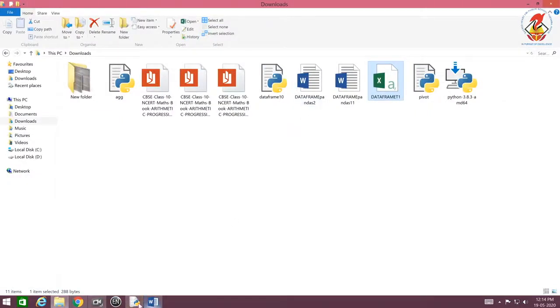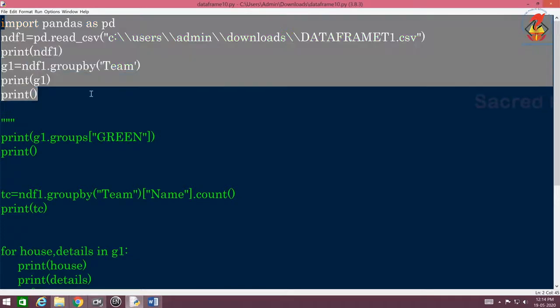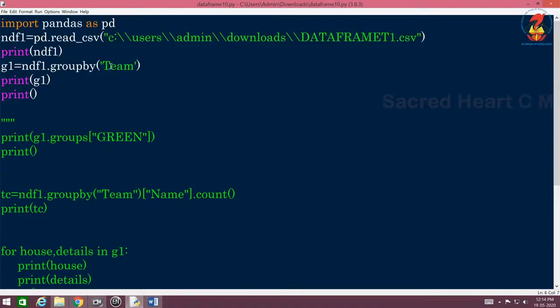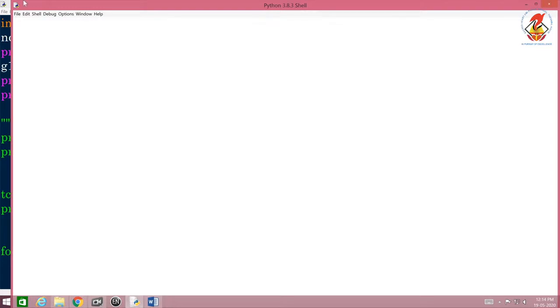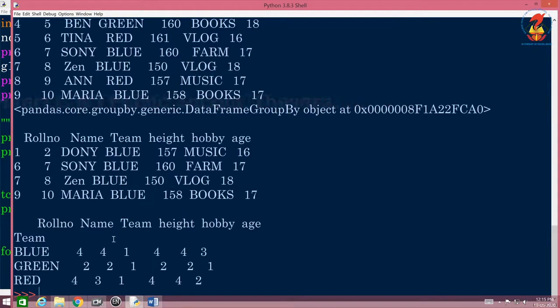Now coming back to the program, the first thing which we just saw, the rest is commented. You expect that it will be grouped on the basis of the team. Team is what? Red, blue and green, correct? But when you run it, see, this is how it comes. There won't be any idea of what is happening over here. So if you see roll number, name, hobby and age, and under team blue, see how many are there, that is coming.